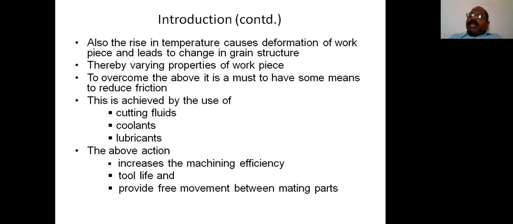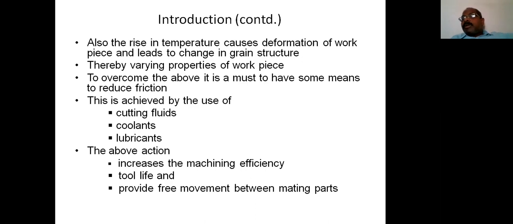At the beginning, in the introduction, I explained it to you. Whether it is a lathe machine, shaper machine, milling machine, broaching machine or drilling machine, the cutting tool is very, very essential. What is the purpose of the machines? To remove the excess metal. In order to remove the excess metal, a cutting tool is required. How does the cutting tool work? The cutting tool penetrates into the job. Whenever the cutting tool penetrates into the job, friction takes place between the two mating parts.